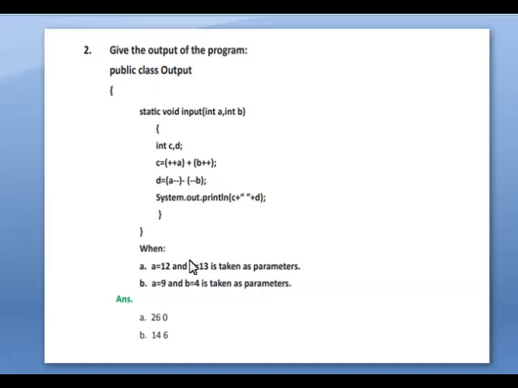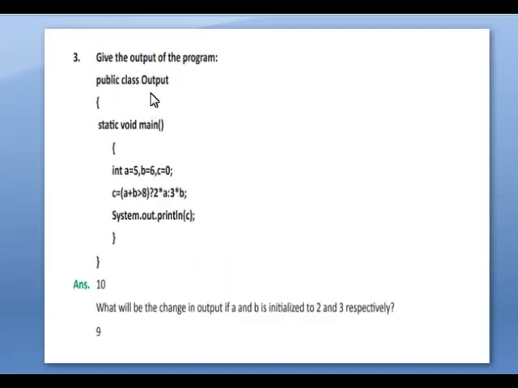Okay. So the next program is give the output of the following. So here a plus b means 5 plus 6. 5 plus 6 is 11. 11 greater than or equal to 8. The condition is, here we are using the ternary operator. Okay. If the condition is true, 11 greater than 8, the condition is true. True means we have to do this process, that is before the colon. If the condition is false, then we have to go through the colon after. So 2 into 5, 2 5s are 10. So our answer is 10.